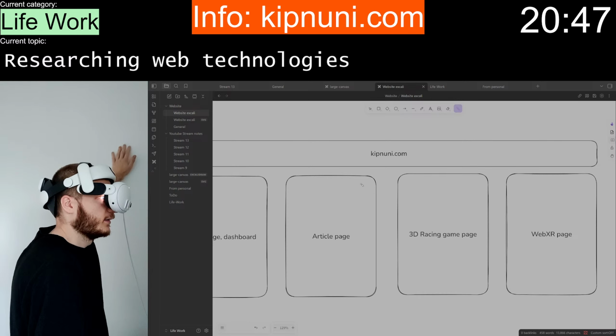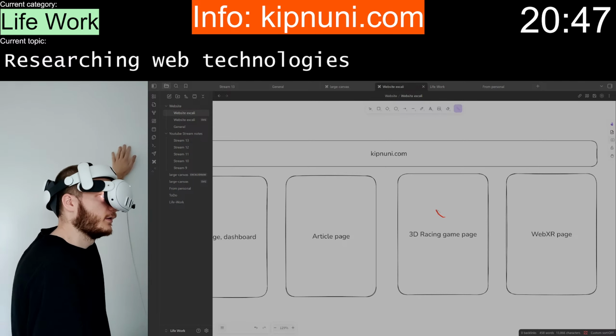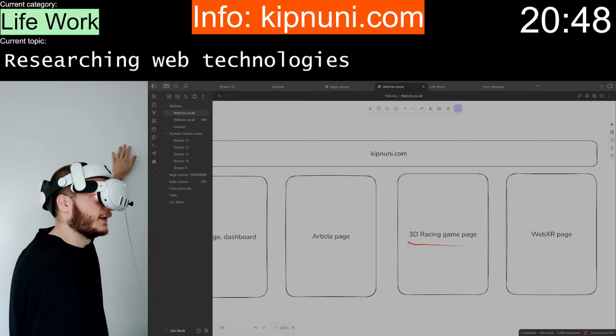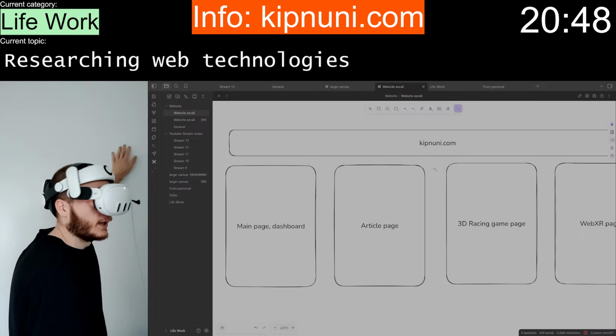And then I press some button on the top bar and I go here and it starts loading the racing game. And suddenly I'm playing some game. And then I go back here and I'm reading some article. And it won't slow down the whole website.